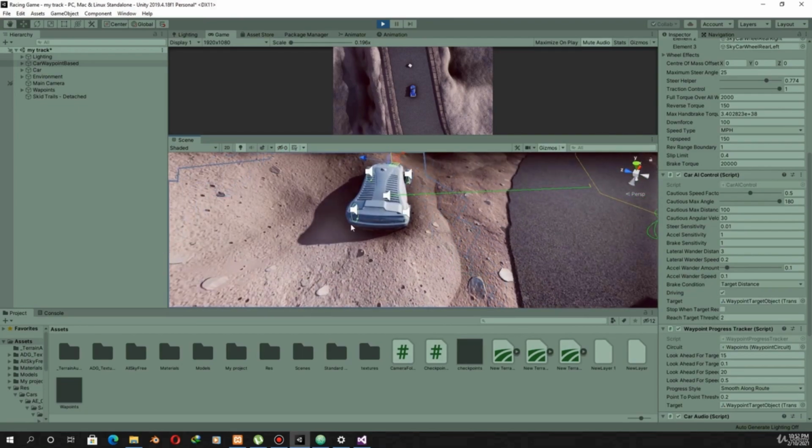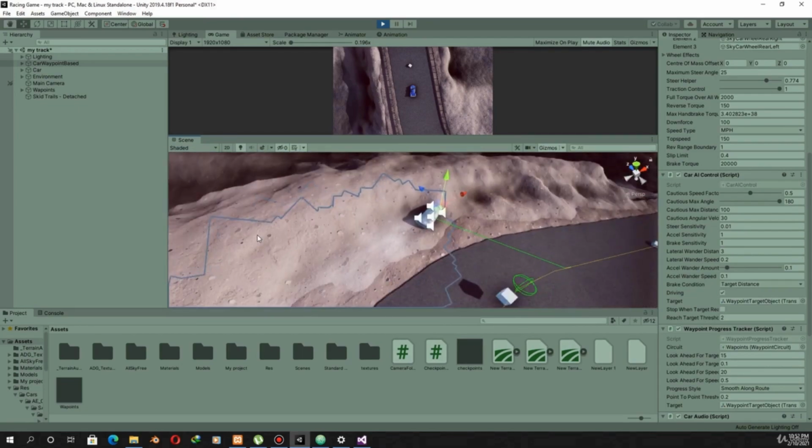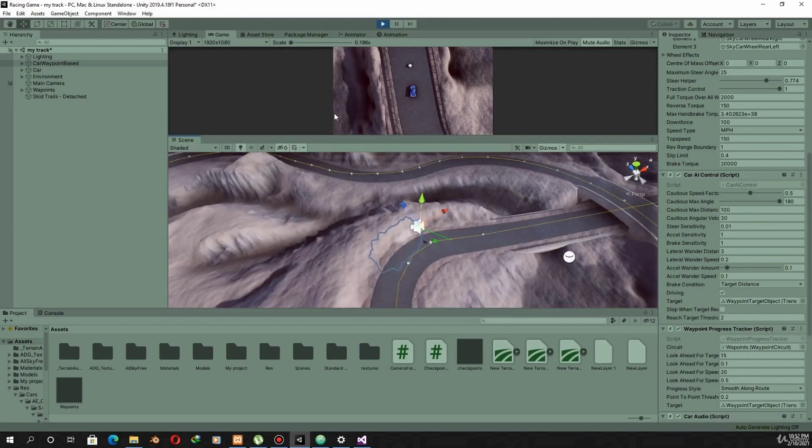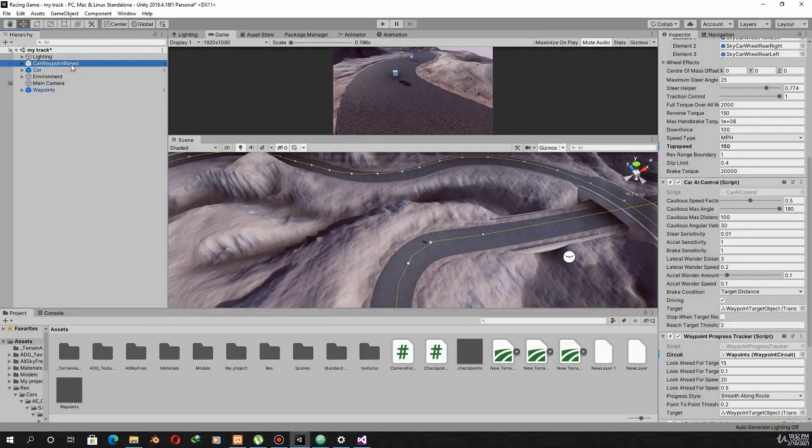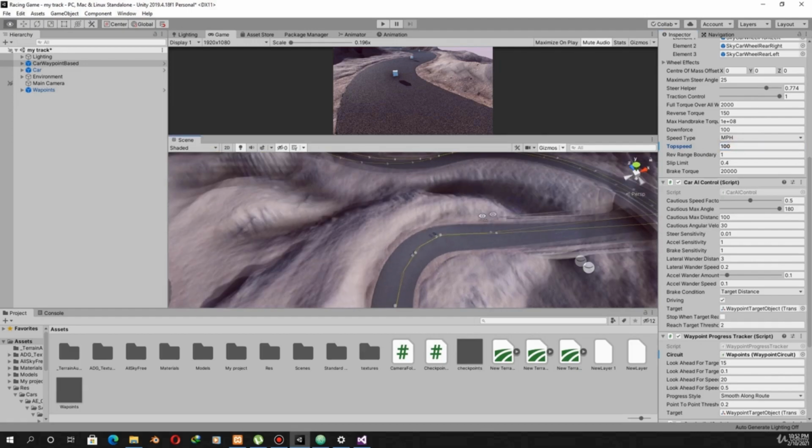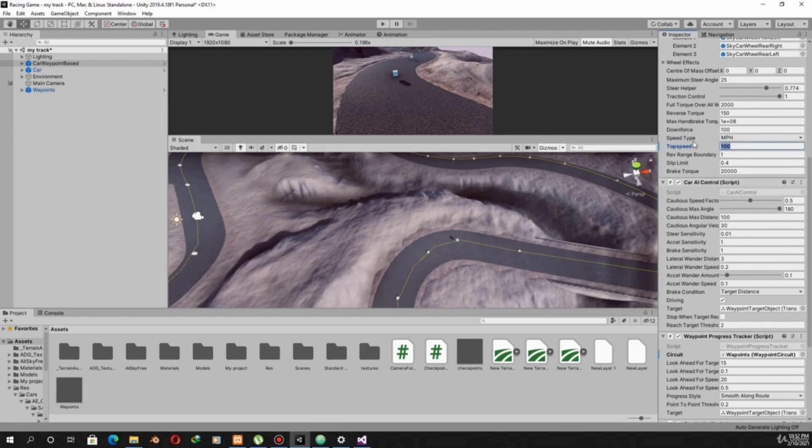Now we will solve this matter later, but for now you can solve it by changing the speed of the car. You can decrease the top speed of the car. For example, you can make it 100 miles per hour and test it again. But later we will write a script to reset the position of the AI car if it is not moving. Then it will place it back on track.